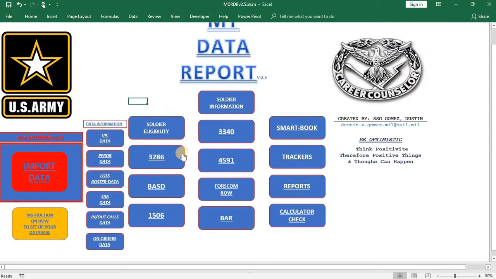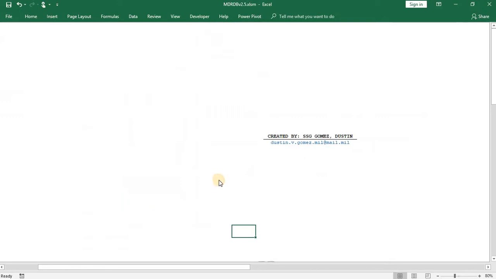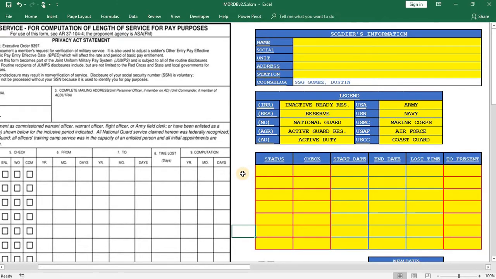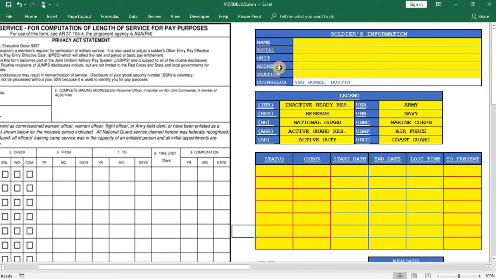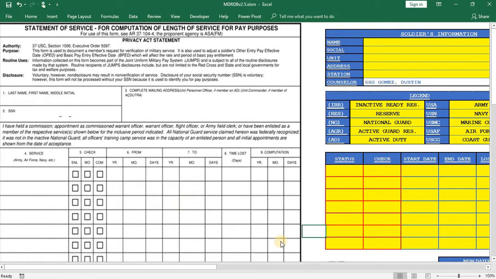All right, so we're going to move on. We already did ForceCom. So this one is a 1506. Here I'm pretty much helping you do a 1506 with the math. In here, you just put the name. It says last name first, so go ahead and put last, first,